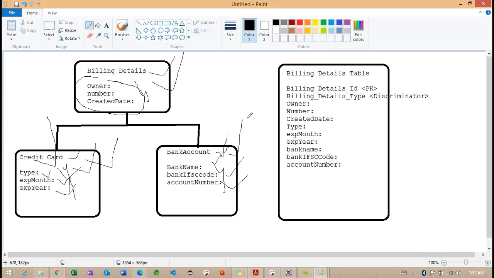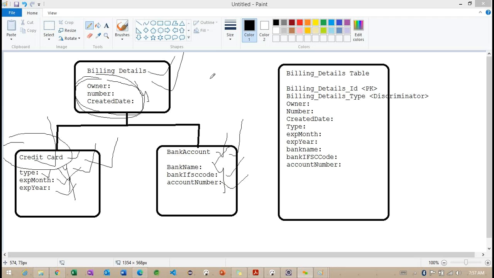Now understand here, I am trying to create an object of this particular credit card, and whatever the values of these properties are declared. Getting the point. So whatever the properties I am discussing from billing details, now you can understand the owner, number, and created date.